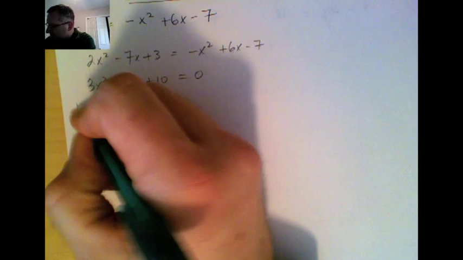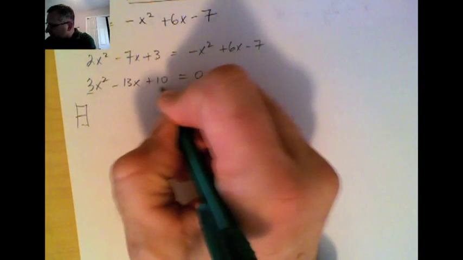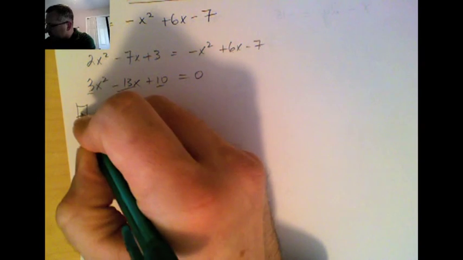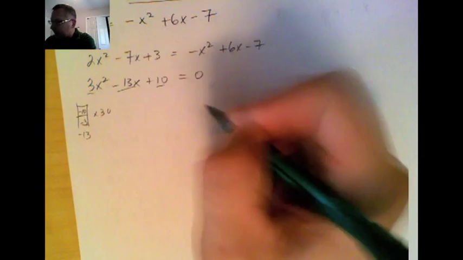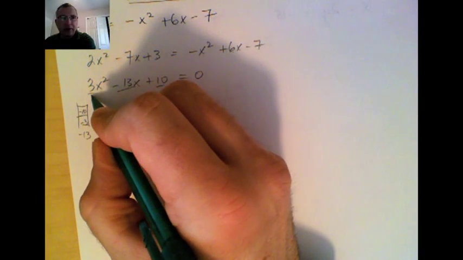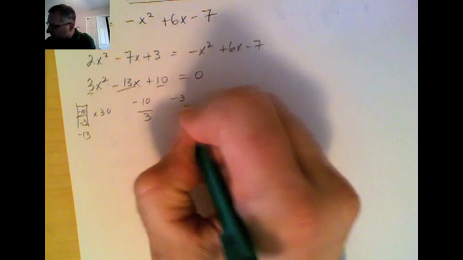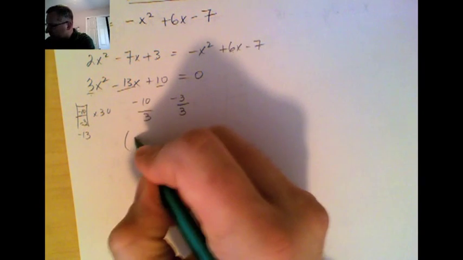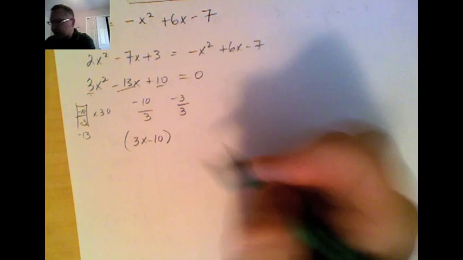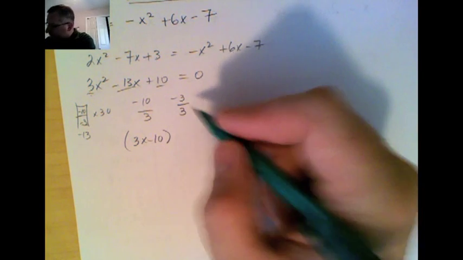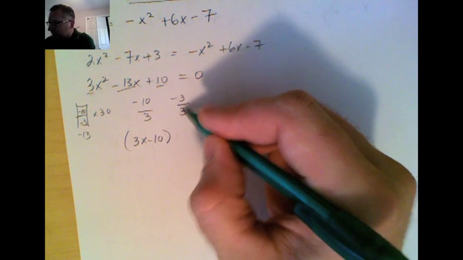Now, if we use box method, we need two numbers that multiply to 30 and add to negative 13. Well, that'll be negative 10 and negative 3. And we have to divide those by the leading coefficient of 3. There's nothing I can simplify in this first fraction. So my first factor is 3x minus 10. I can divide both of these by 3, though,